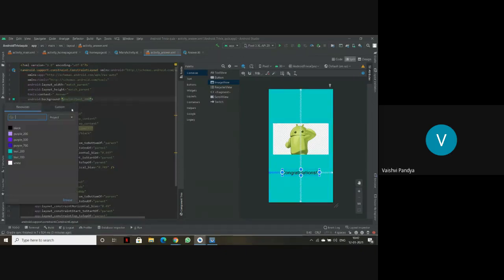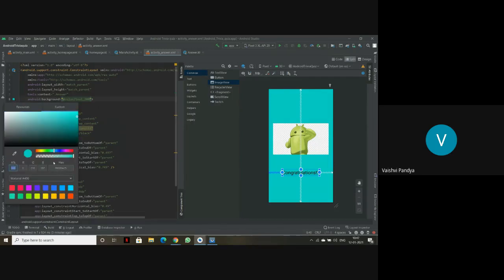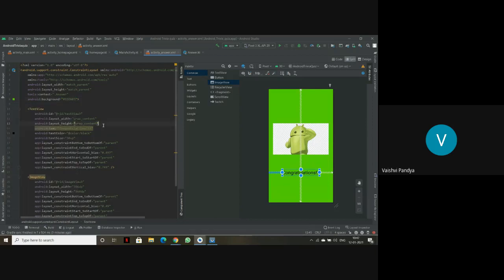Here we'll just use any color, like we use green here. But then I'll have to change the text view background. So I'll change the background of the text view also, because it is merging with the background of the layout. So here I use this.